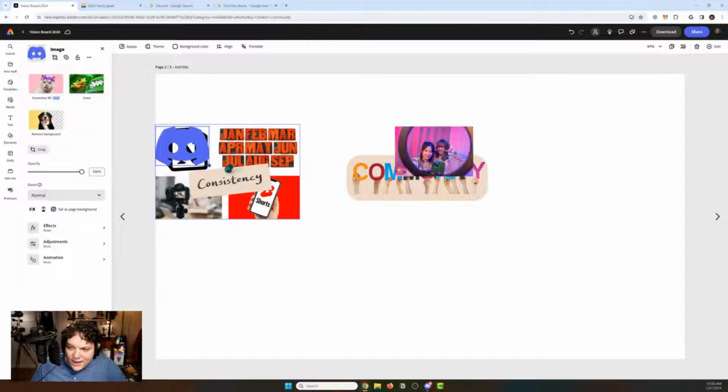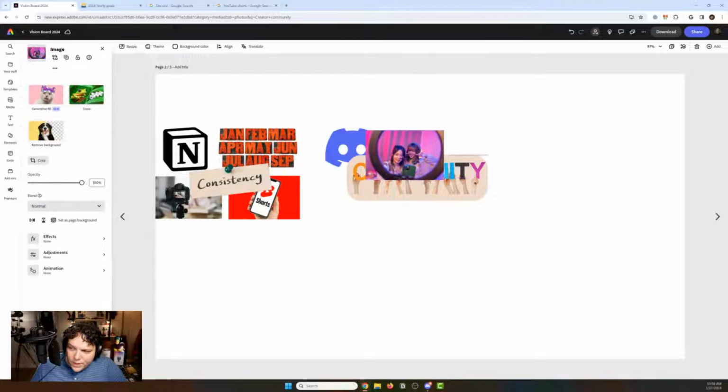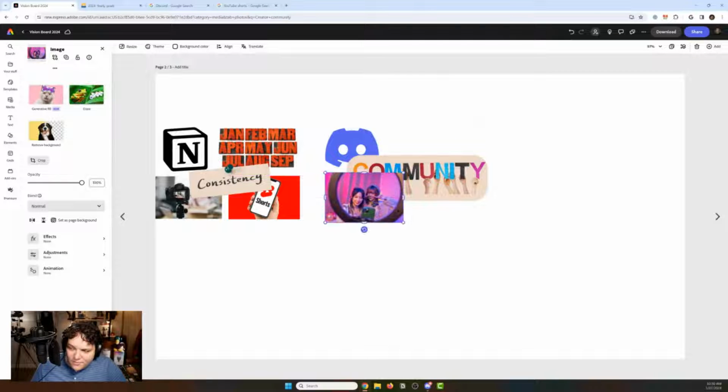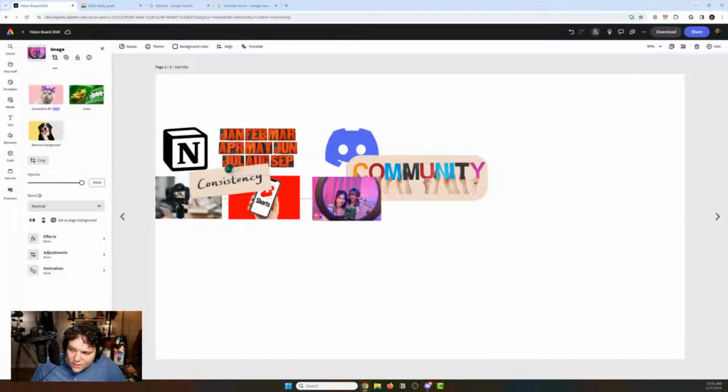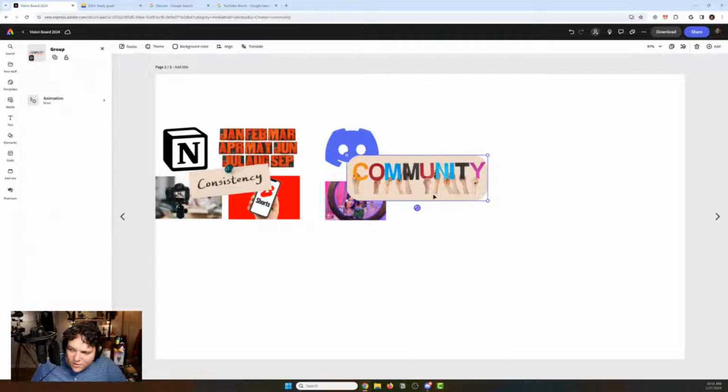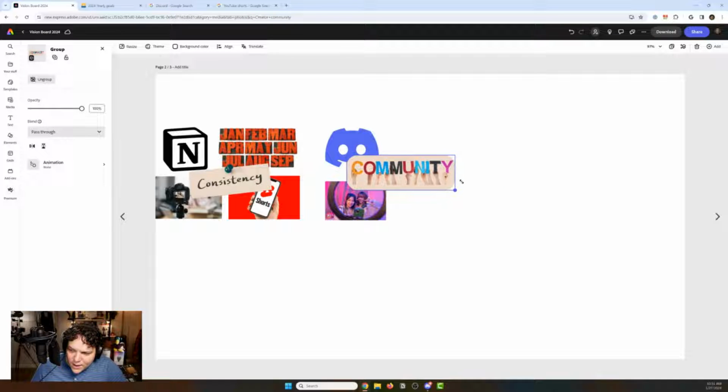There again is lots of room for change, a lot of room for growth. It automatically drags and drops, so maybe I want to put this here, but obviously I'd want to see their faces, so maybe this corner here is fine, and then I send back, and then I just adjust. So it's finding images that work, finding ways to fit, and community doesn't need to be super big.